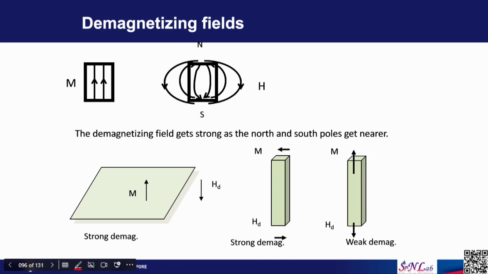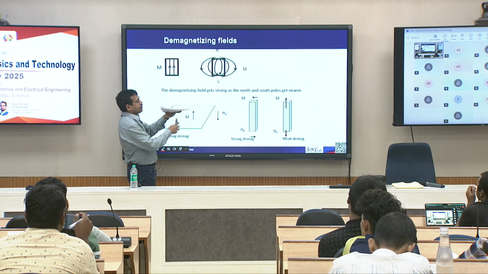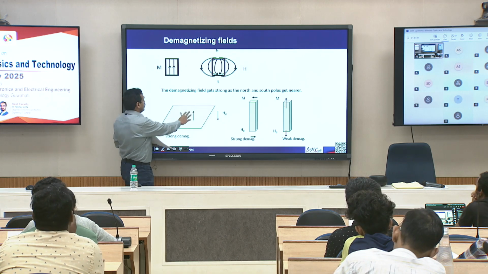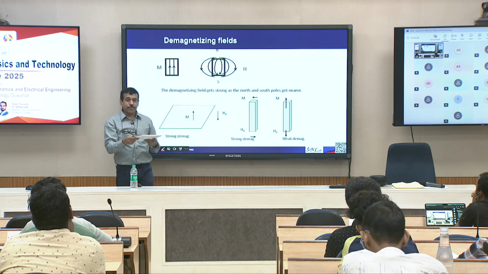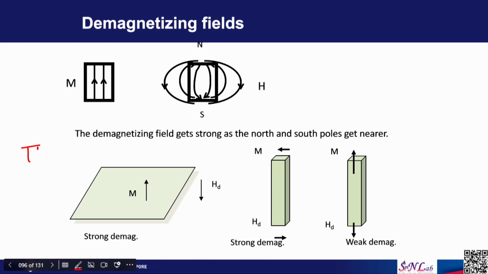So, here I am showing a different example. If you take a piece of paper like this, and try to apply a magnetic field along this direction, since the demagnetizing field is very large along this direction, magnetization usually does not stay in the perpendicular direction. And this example is very useful when you look at thin films. When you prepare thin films without any special anisotropy,